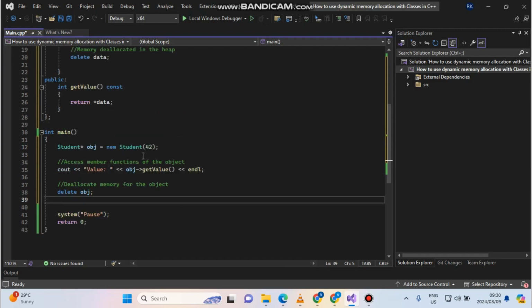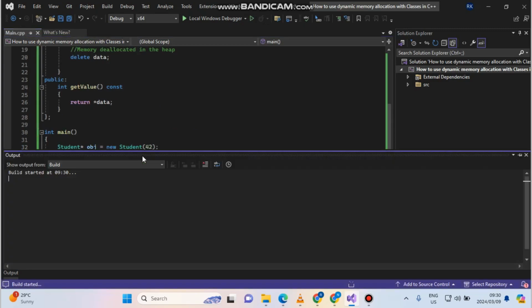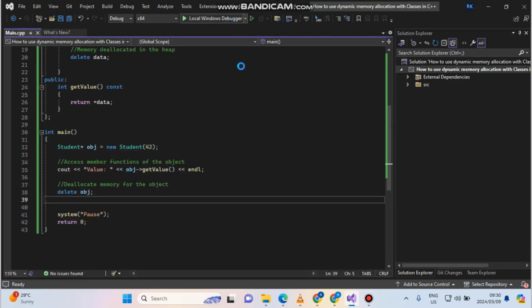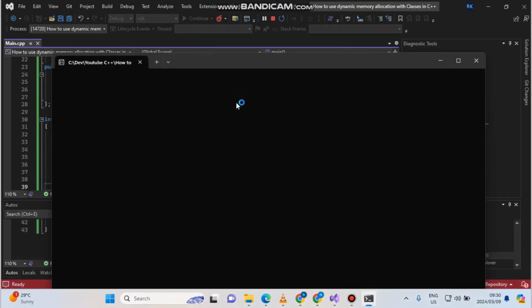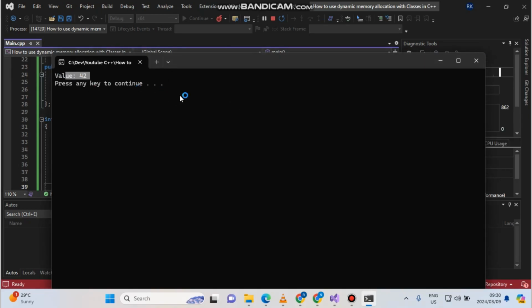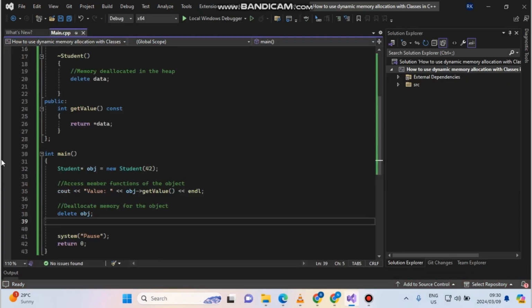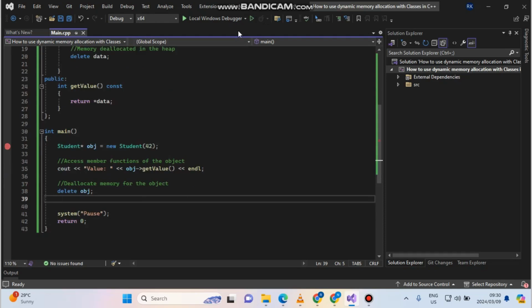So after this, let's just click Control Shift B to compile the program. Awesome. No errors. Let's run this. Awesome. Value 42. And even if, for example, we put a breakpoint here to check what's happening, and we run